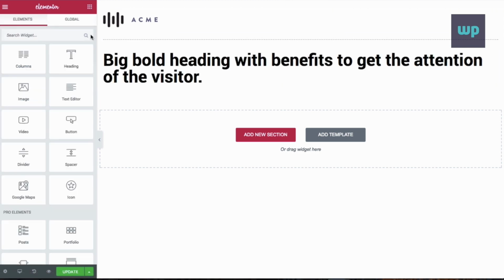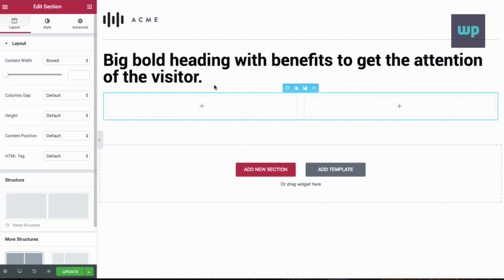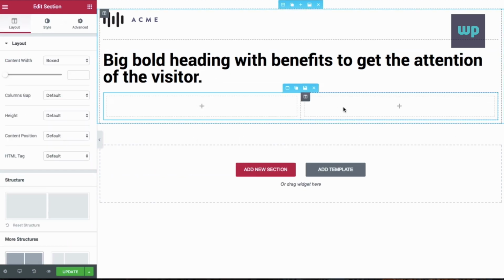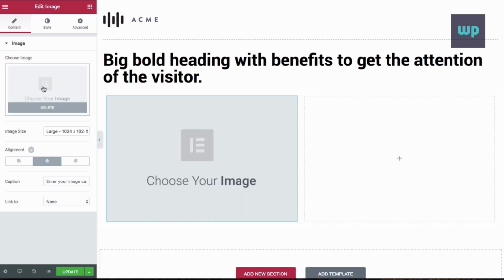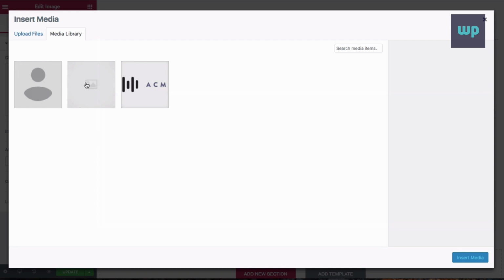All I need to do is go to my Elements library here, click on Columns, drag that onto the page, and by default, Elementor will give me a 2-column section. In the first column, I'm going to grab an image and drag an image from my Elements library into that first column. And again, click on the Choose Your Image button and choose an image that I've prepared earlier,